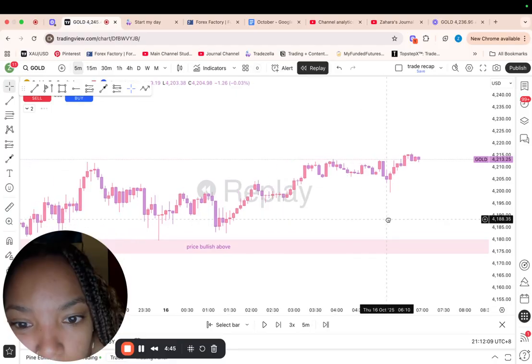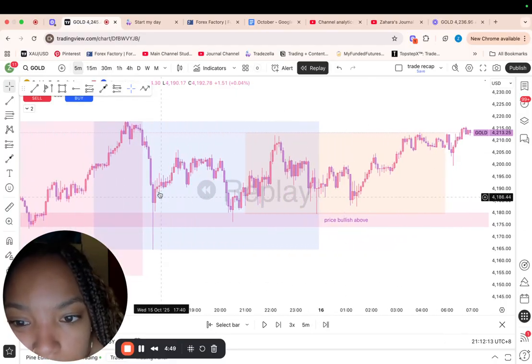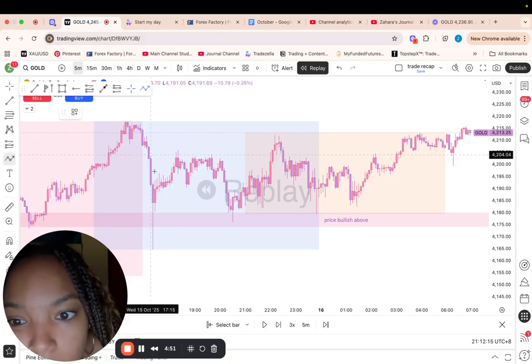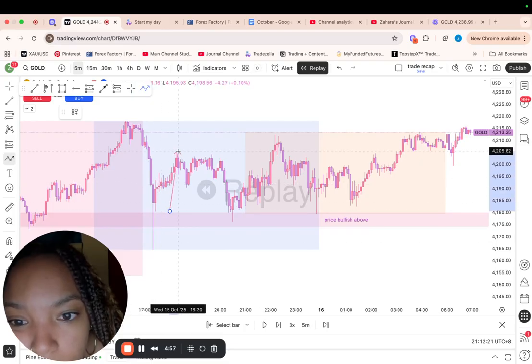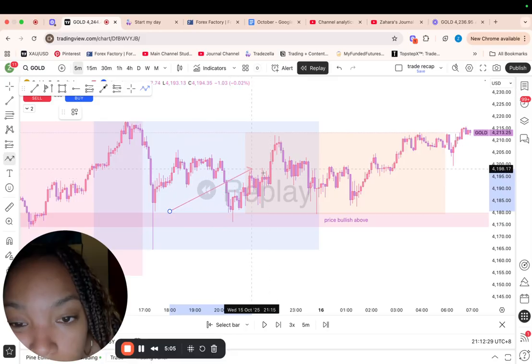And then if you go down on the 5-minute, we can see again, it's still wicking down. There's not even a 5-minute candle closure below the level, and then we made that bullish structure, and then we have this kind of little choppy area, and then again we don't know if this here is a lower high.